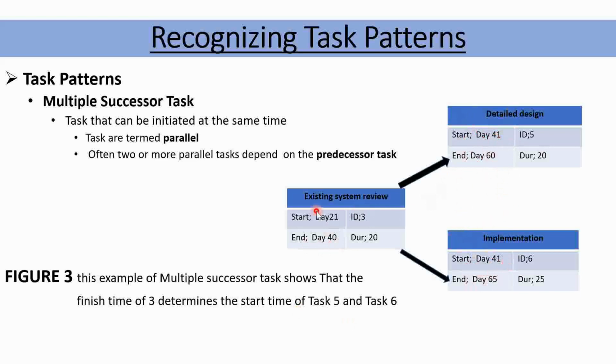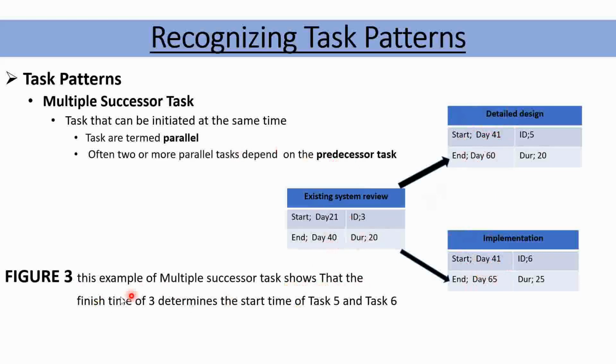They happen immediately after the existing system review is done on day 40. Then on day 41, the two of them start on day 41. Therefore, we call them what? Multiple successor task. Figure 3. This example of multiple successor task